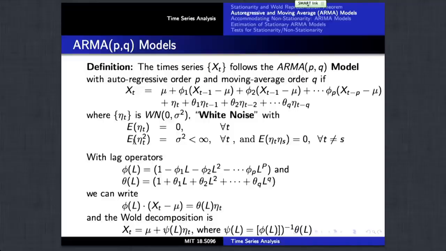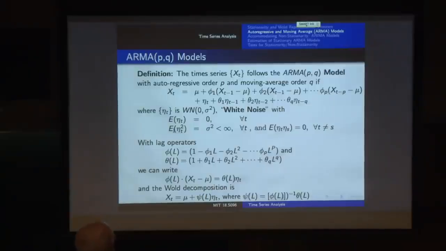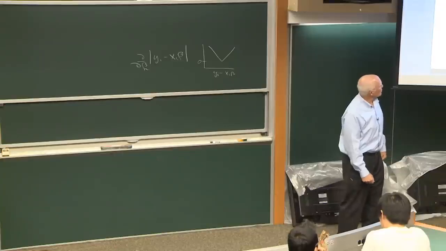Now with lag operators, we can write this ARMA model as phi of L, a pth order polynomial of lag L given with coefficients 1, phi 1 up to phi p, and theta of L given by 1, theta 1 up to theta q. And the Wold decomposition